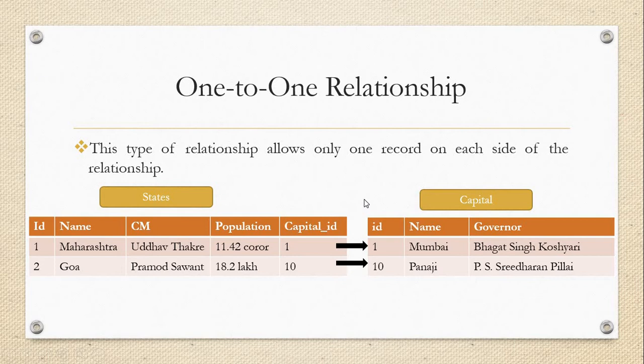So in that case, see, I have ID as a primary key in state, that means we can say state ID, and in that section I have a capital ID. Make a note of that. In that case, I am giving the reference of that ID into states. So this capital ID, make a note of that, this capital ID is your foreign key. We all know this concept, because if you use the primary key of one table in another table, then that key is called a foreign key.